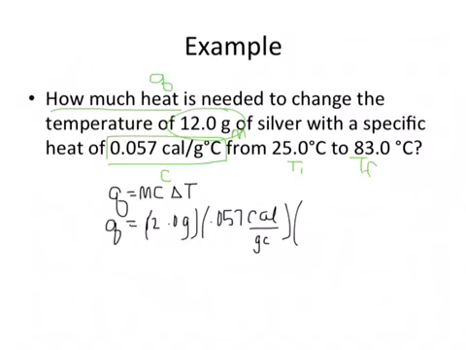And the change in temperature is going to be 83 minus 25, or 58 degrees Celsius. So right off the bat we can see that our mass units will cancel out, our Celsius units will cancel out, and now we're going to do the math. So Q will equal 12 times 0.057 times 58. And your answer is